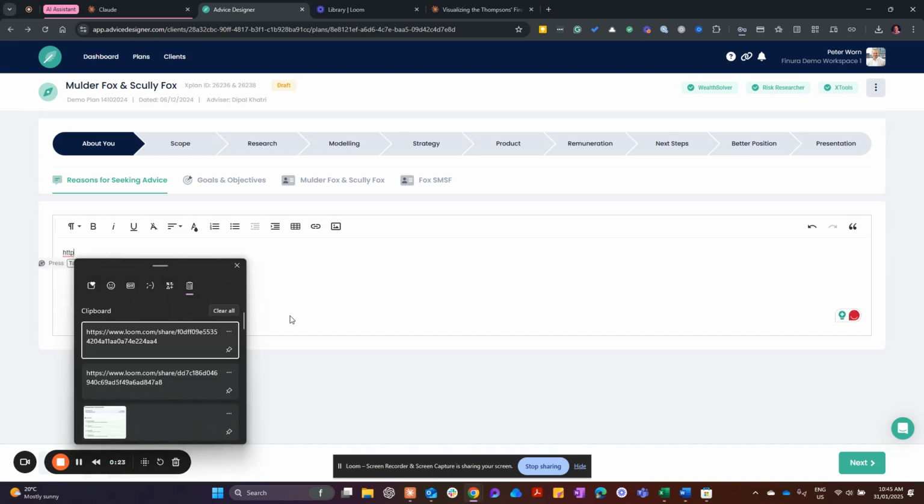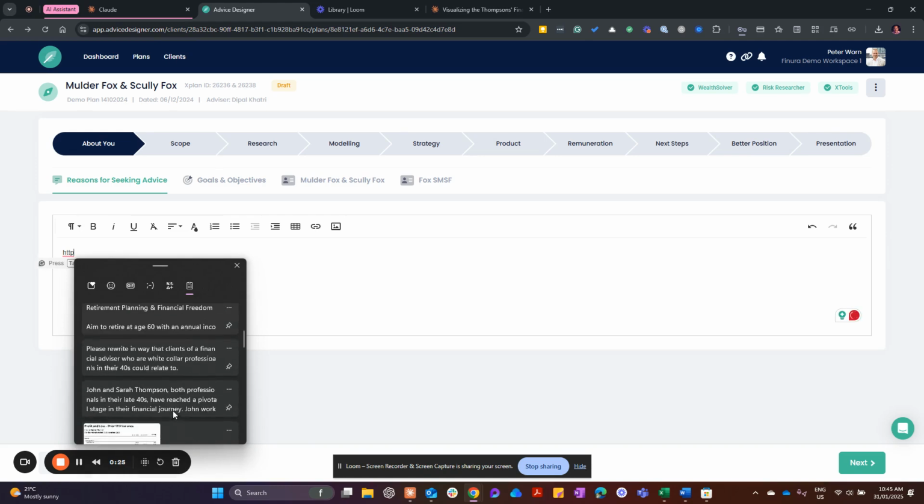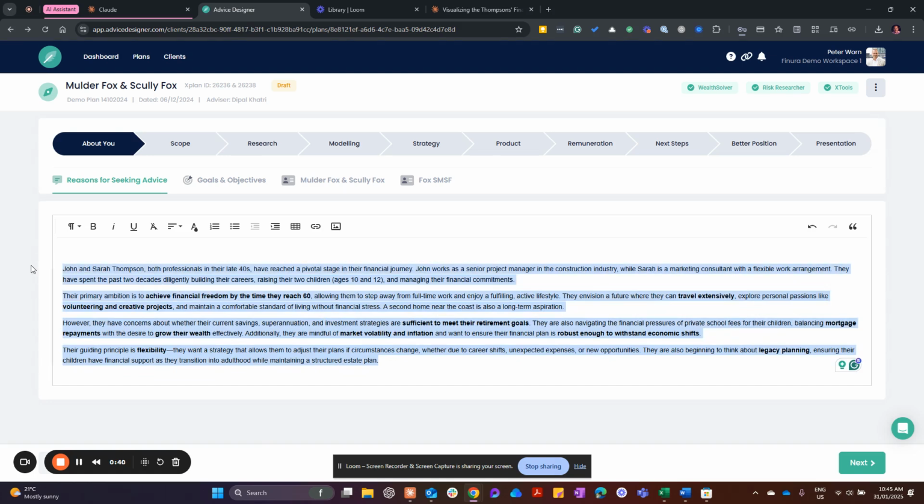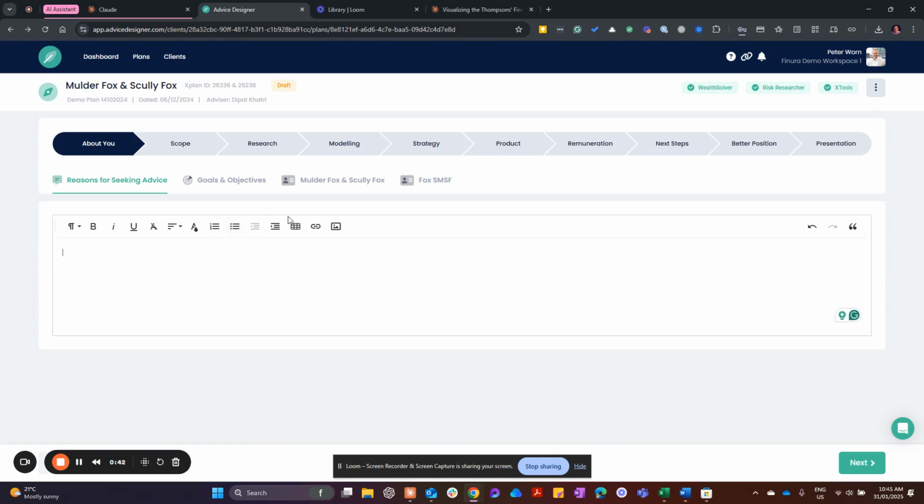note, which would effectively have the client's goals dropped in here in a wordy sort of way, and that may or may not get us there in terms of actually the client reading it, and we want to put it in a way that has a bit more visual impact. So one of the really cool features of Advice Designer is you can actually drop images, tables, and hyperlinks in